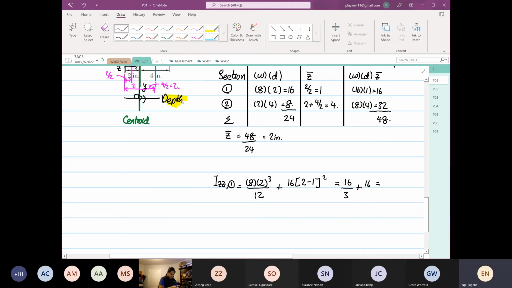So it is equal to 64 over 3 inch to the power 4. Again, by just focusing on the table, we can also look at IZZ2. So it's 2 times 4 cubed over 12 plus 8 multiplied by (4 minus 2) squared